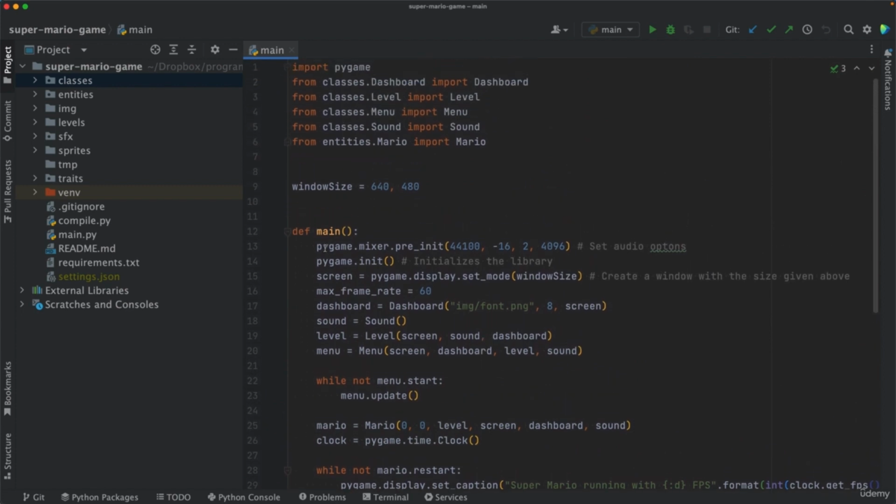Right, so let's look at the main function. In the first line, there are some audio configurations being set up, and then here is where Pygame is initialized. So this is a function which initializes the Pygame engine, and then a screen window is created. We have the frame rate 60, then we use a dashboard class in here,